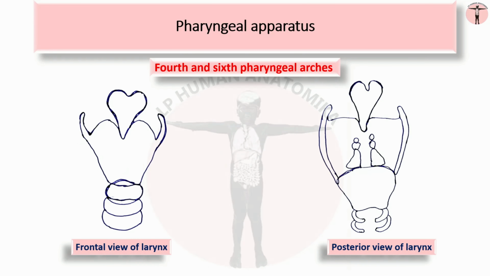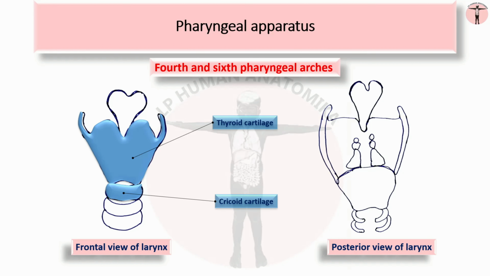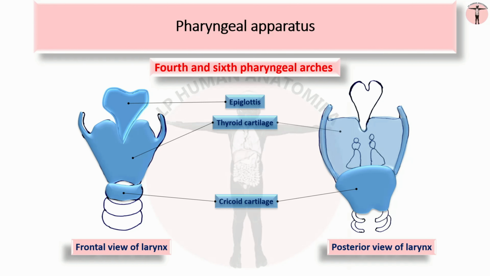The laryngeal cartilages seen from anterior and posterior aspects of the larynx in the adult. From the anterior aspect, the three unpaired cartilages, cricoid cartilage, thyroid cartilage, and the epiglottis can be seen. From the posterior aspect, along with cricoid, thyroid, and epiglottis, we can observe the three paired cartilages also: arytenoid cartilages,